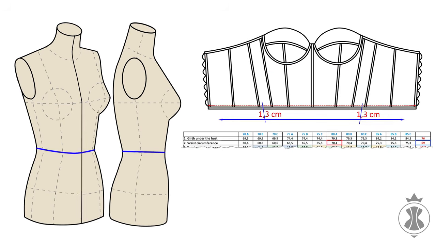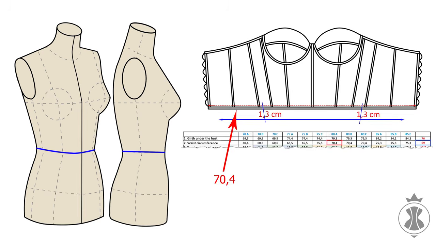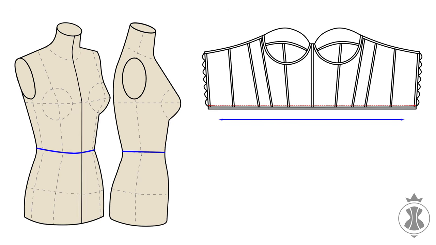As for the waistline, we have removed 1.3 centimeters off the front details on the right and on the left, which in sum equals 2.6 centimeters. The remainder is 70.4 minus 2.6 minus 69 divided by 2 equals negative 0.6 centimeters. The value is negative 0.6 centimeters, which means that along the waistline, we have to add 0.6 centimeters on each